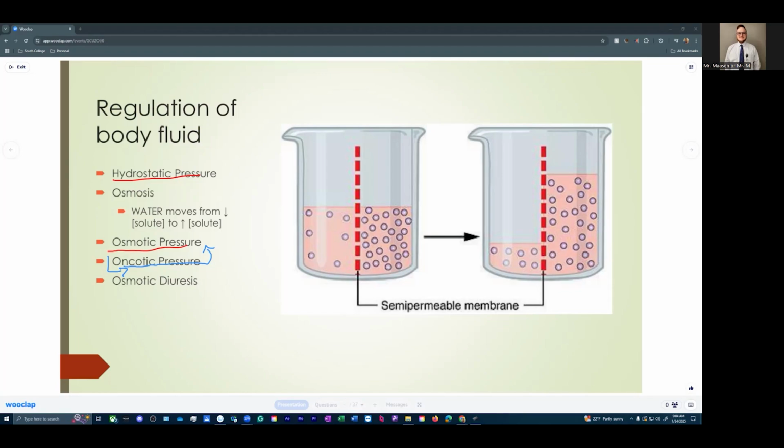That molecule is albumin. So albumin is the main plasma protein. And so oncotic pressure is talking about what forces